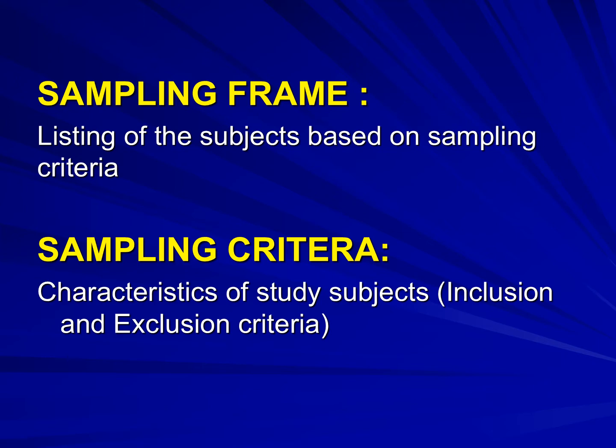Suppose we take an example of a household survey. Household survey is done by defining the households that will be included or excluded. So in inclusion and exclusion criteria, we may define that only permanent residential houses will be included and temporary residential houses will be excluded. Another sampling criterion may be the geographical boundaries. So we will define that residential houses beyond certain geographical boundaries will be excluded. So this is how the sampling frame can be explained.